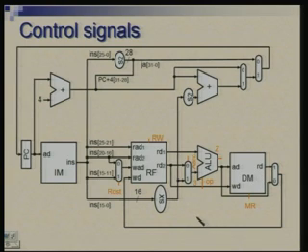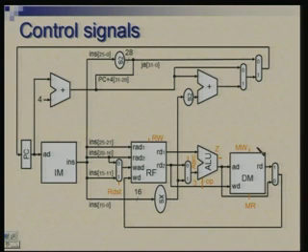Data memory requires control for read or write. So, MR stands for memory read, MW stands for memory write. We will make sure that memory does only one operation at a time. Actually, in this kind of arrangement where read and write lines are separate, it is also possible that you do read and write simultaneously, but it has to be from the same address. So, same location in the memory is used for reading and writing simultaneously, but in our design we do not do that. We will either do read or write,